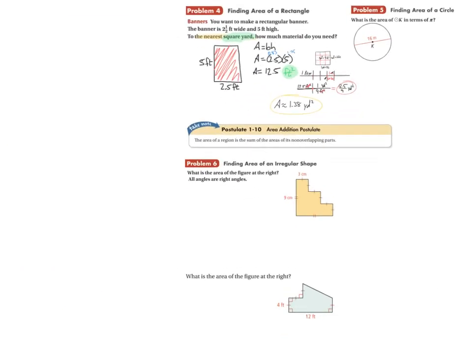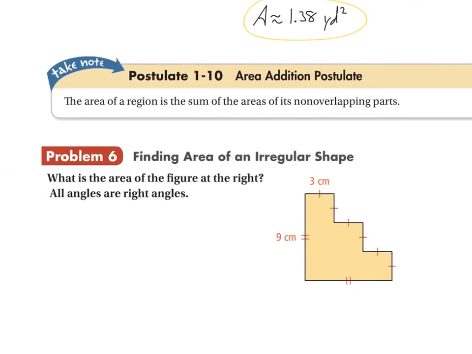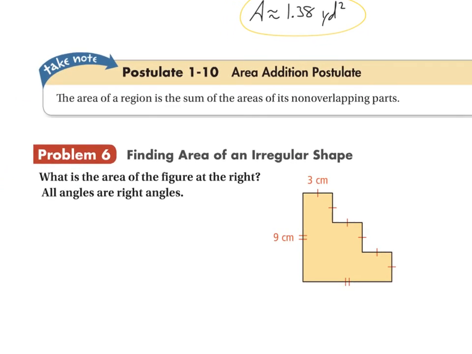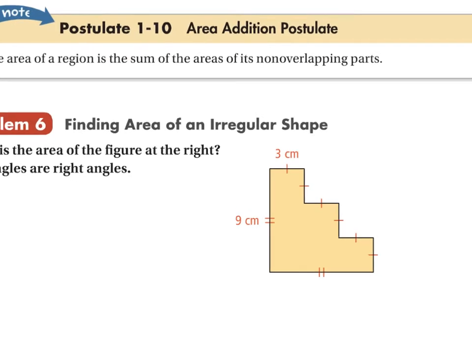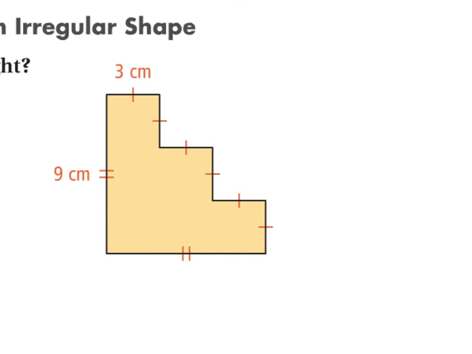So take a look at the theorem here, or postulate, the area addition postulate. It essentially says the area of a shape is equal to the area of all the little pieces of that same shape cut into different pieces, as long as they don't overlap. So why is that important? Well, in this example, there are lots of different ways I could cut this up, but it's probably easiest to simply cut it like this. Now I have 3 rectangles I could find the area of. Or I could cut it like that and cut it like this,